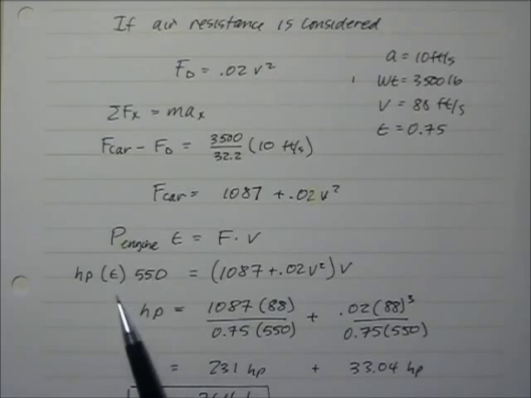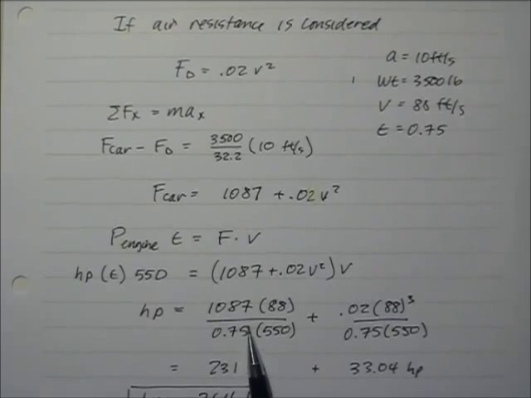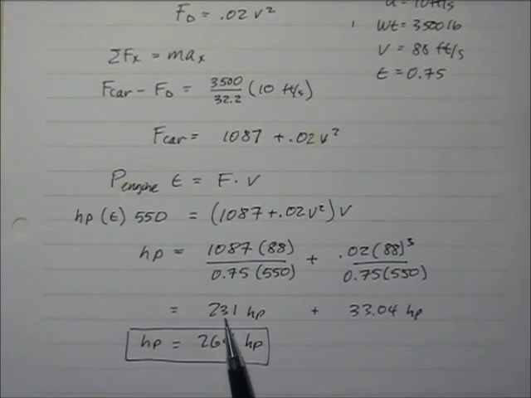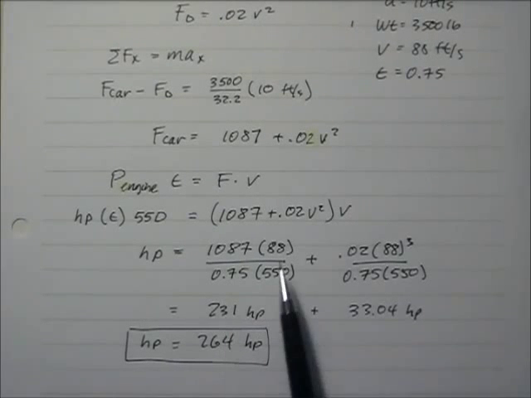So what we'll do is solve this for HP and bring these things over here, and the horsepower is 1087 times 88 divided by those two things, and you can see that that's the same as what we had before, 231 horsepower required to just do the acceleration. However, the